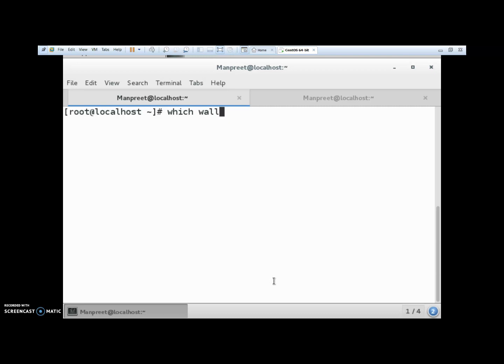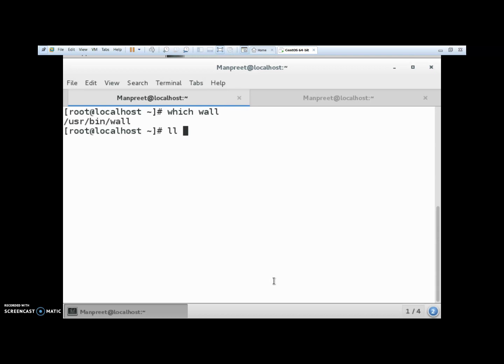By default, normal users are allowed this privilege because of the presence of the set GID bit flag on this file. Whatever users are logged in can send any kind of greeting message to the other logged in users. They are able to send the messages because by default this file has the set GID bit enabled.